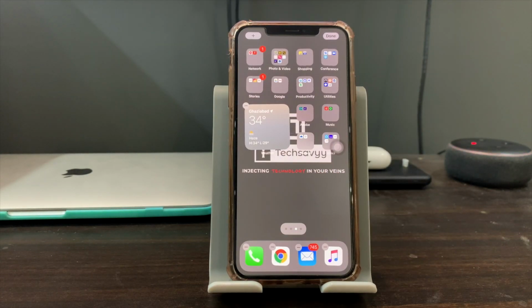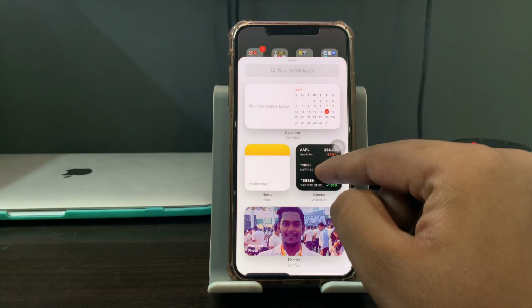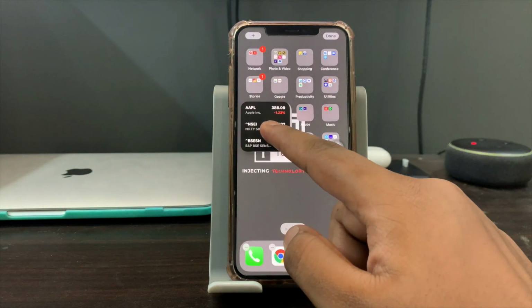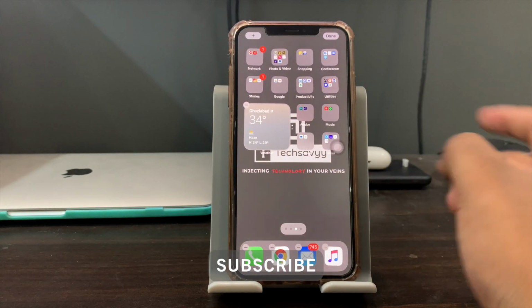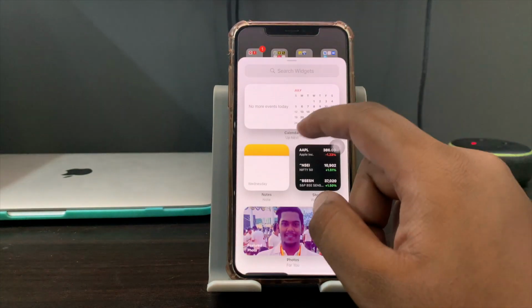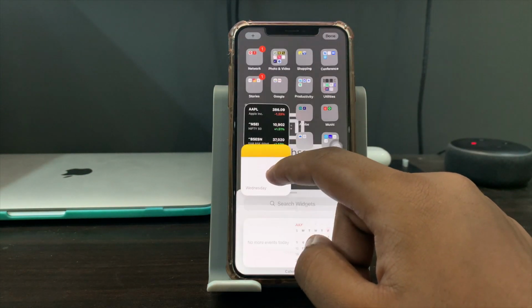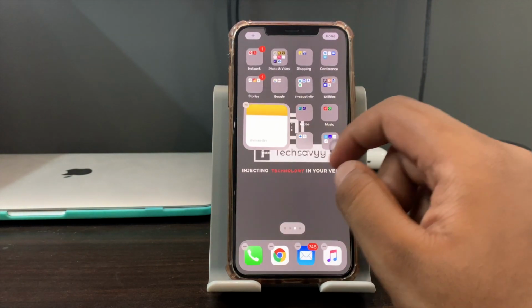Now I told you about Smart Stack. So what is Smart Stack? Basically, Smart Stack is something in which I can add multiple widgets in a particular section. So suppose here now I have my 2 widgets, my weather widget and my stocks widget. And not just 2, I can add more widgets on that particular widget. Now I have 3 widgets here.